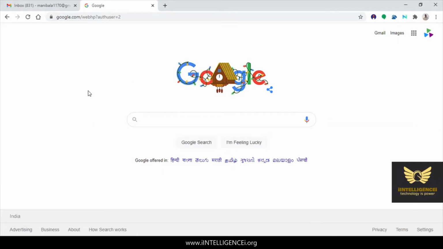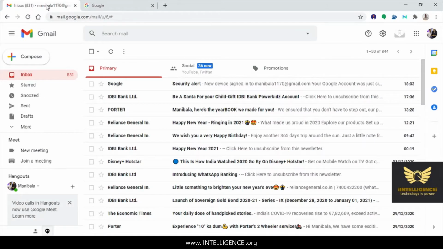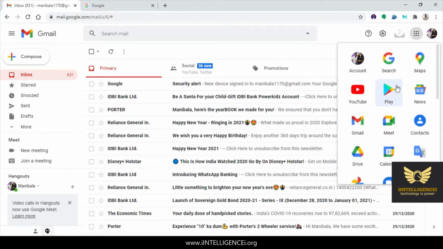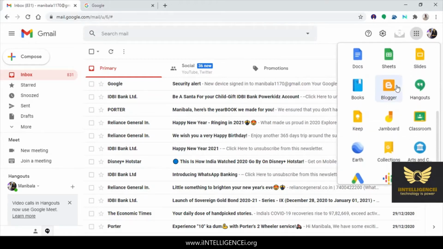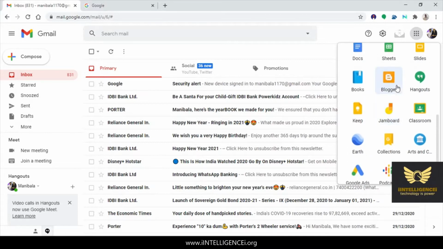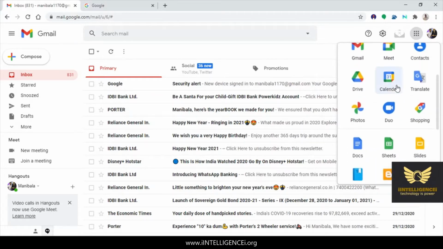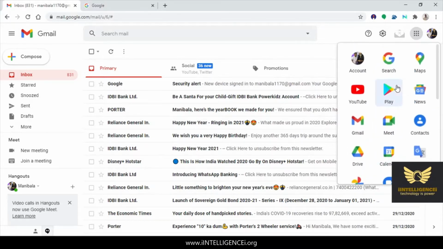Let us see how to create a free website using Google My Business. For that, just go to your Gmail, go to the right top corner in Google Apps, just click it, come down, and check for Google My Business.